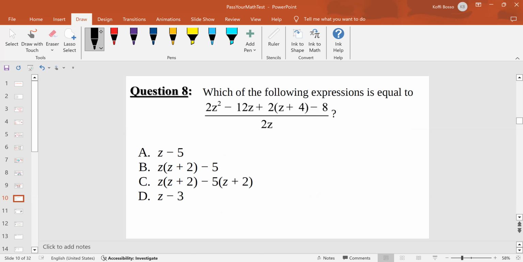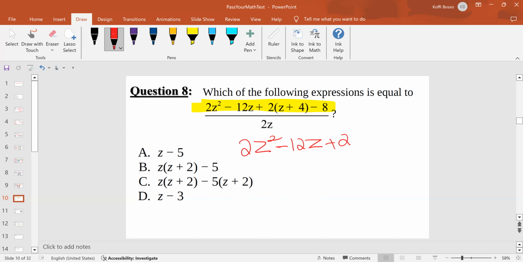Question number 8. They ask, which of the following expressions is equal to this? The question looks complicated, but it's not. To do this, first of all, try to simplify the numerator, what we have on top. Therefore, we're going to have 2z squared minus 12z